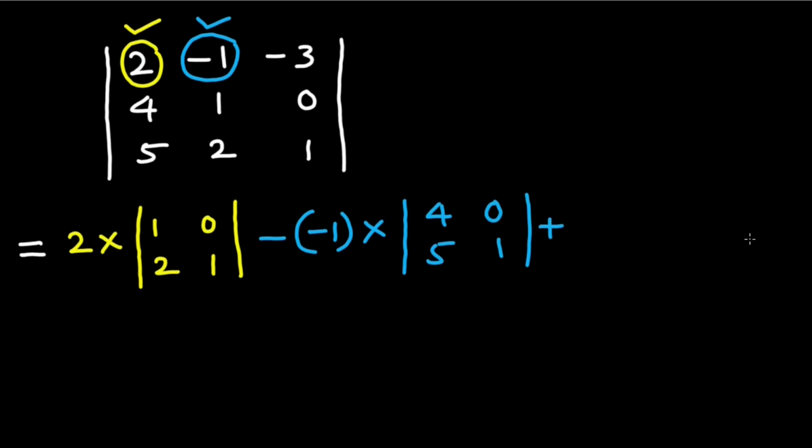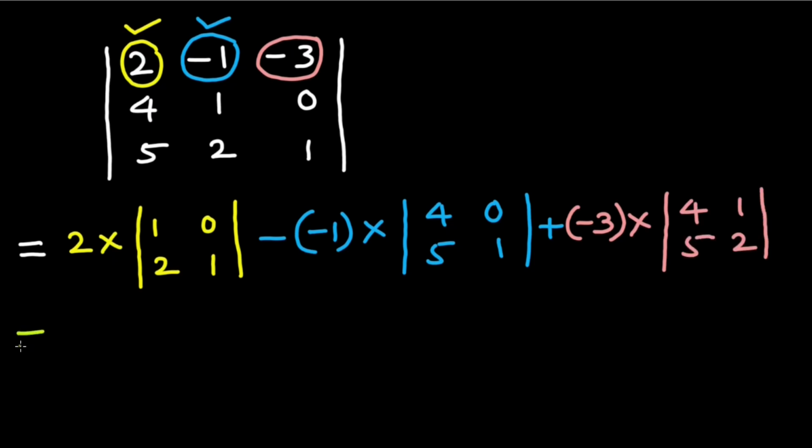Then we put the plus sign and write the third element of the first row, which is minus 3, multiplied by its minor, which is 4, 1, 5, 2, which will be 2 multiplied by 1 minus 0 plus 1